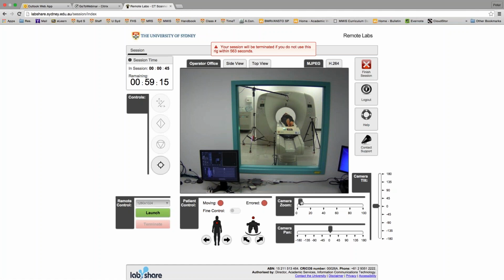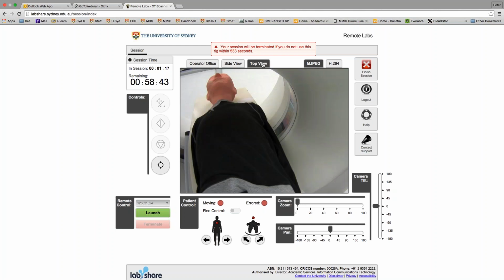We have controls over the various cameras, and you can see that I can zoom in on the camera and magnify what I'm looking at. I can use these other cameras that you can see within the image that's displayed to have a look at the position of the phantom that's on the bed, from a number of different angles. And I can also launch, I'll go back to where we were before,